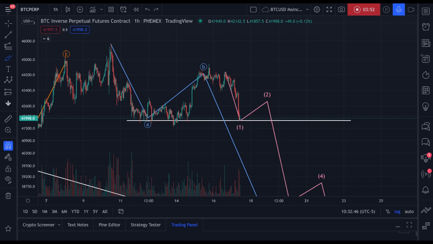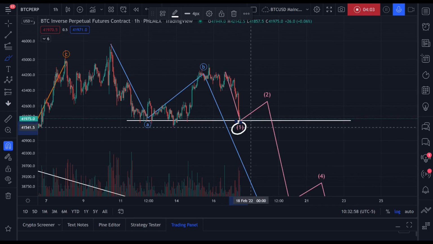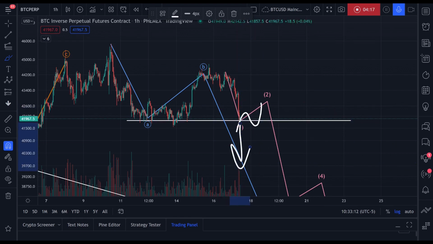Leading diagonals, a 5-3-5-3-5 pattern. This is your first wave in my estimation, okay? I do believe that we have support here, and we will get some sort of reaction in the form of a two wave, okay? The two wave is probably going to look something like this, okay? I believe that we are not going to just run through this level. This is strong support because we consolidated here for 3 days. So that's what I'm seeing on the charts, right?